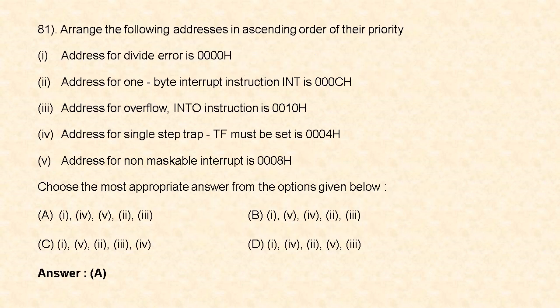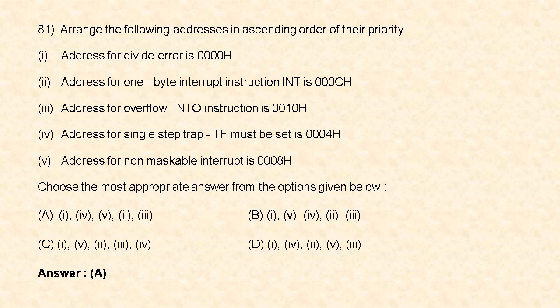In this video, we are going to see the questions 81 to 100 of November 2020 Electronic Science paper. 81st question. Arrange the following addresses in ascending order of their priority. First, address for divide error is 0000H. We know that the next address will be address for single step trap TF must be set is